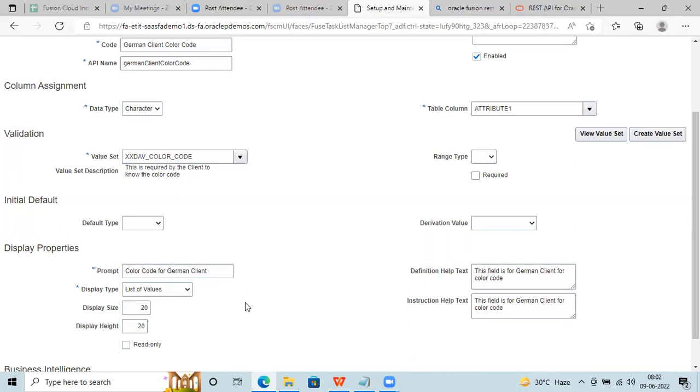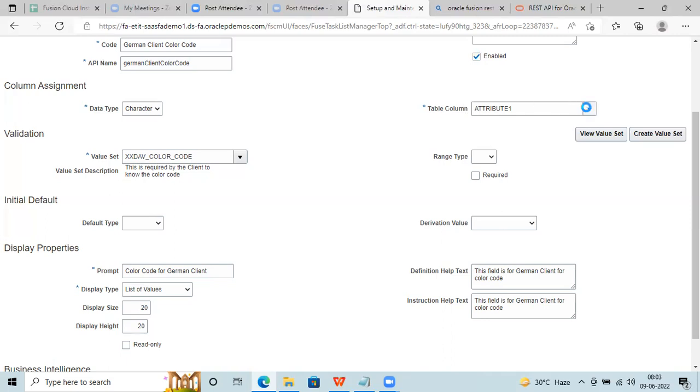What is the importance? So here it is like a free field. If you see, one thing also, these are not mandatory actually. It depends upon the requirement. What are the mandatory fields which you see: data type, API name, code, table column, which column to select. The reason Oracle has asked to keep it mandatory is